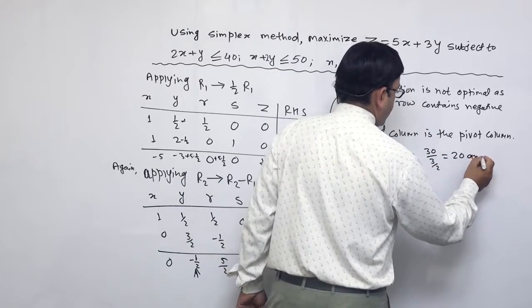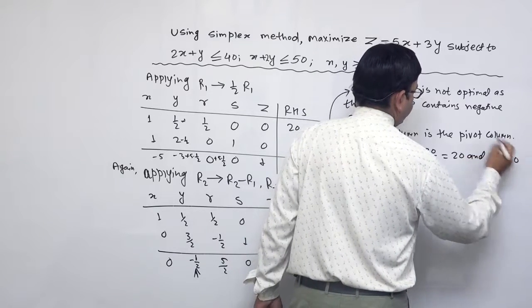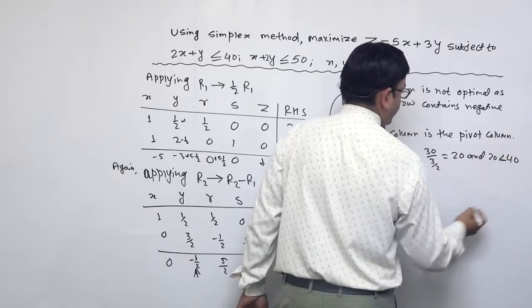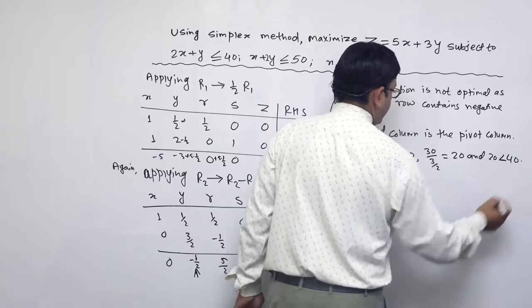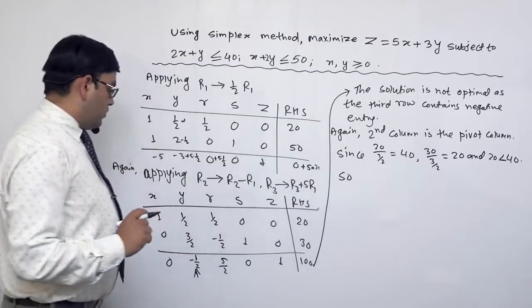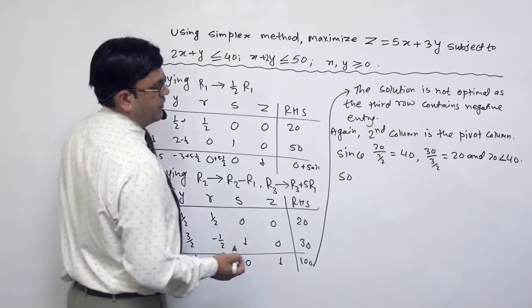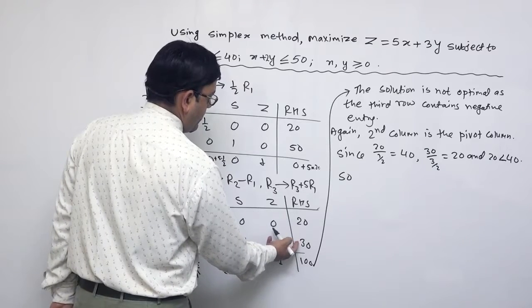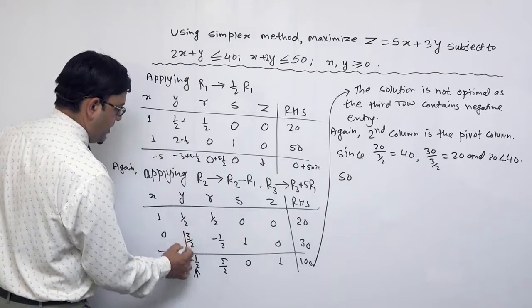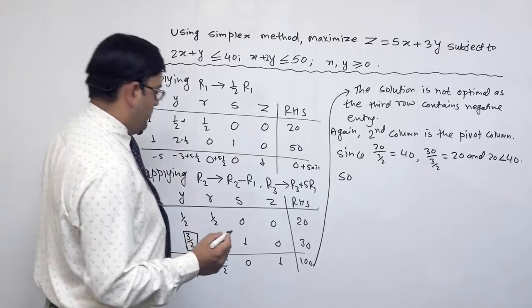And we can write this is 20, this is 40, 20 is less than 40. So now look what we got, the smallest is 20. The second, this one is the smallest, and that 3/2 is now the pivot element. So 3/2